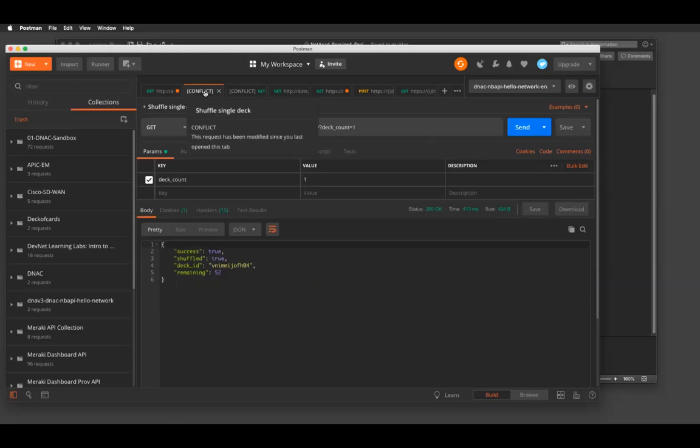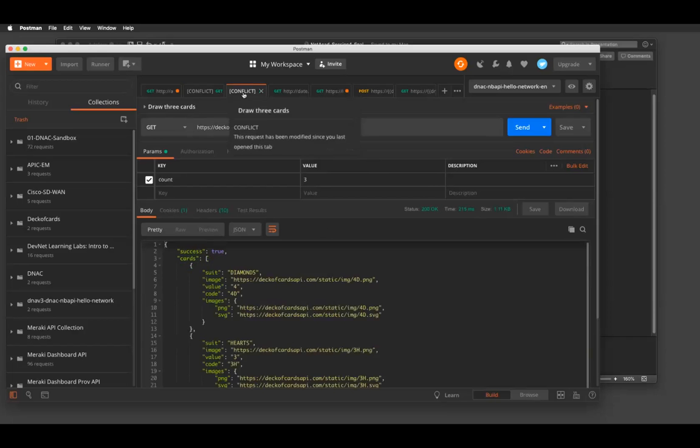Another one that I like to call out is this deck of cards API. And you don't have to worry about remembering all these URIs right now. When we get back to the deck, I do have them as part of our resources for later. But I'll go ahead and post that one as well. If you run that one, you'll get something very short back. The only thing that really is here is this deck ID, because you can basically turn around and use that deck ID to, in this case, draw a count of 3 cards.